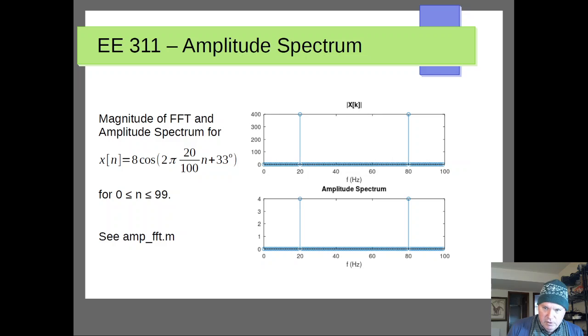Now, the amplitudes here would actually be 2 times this value. You remember both these components would be exponential components that combine to give us this cosine component. So the amplitude of this is actually twice the amplitude here. If we look over at the Octave script,